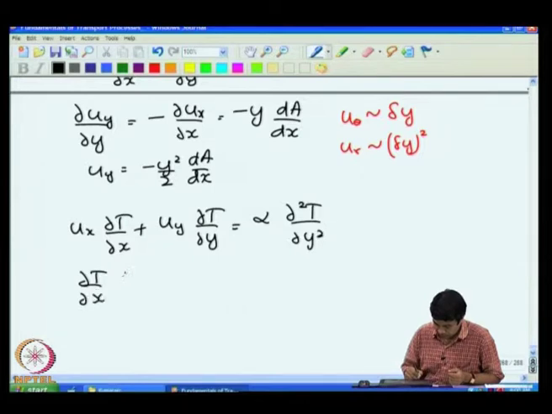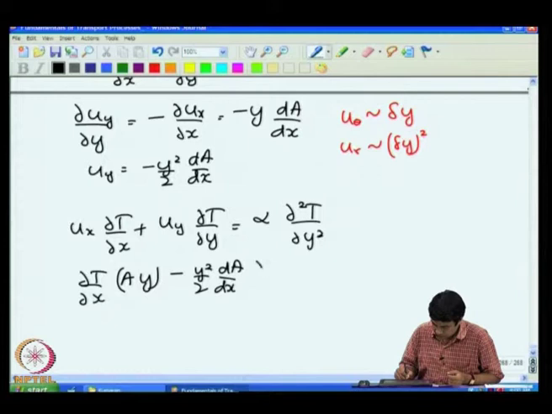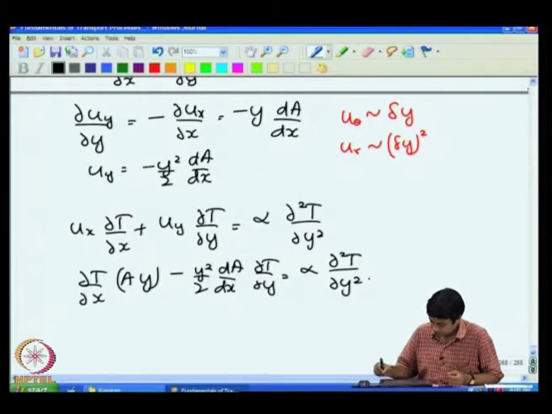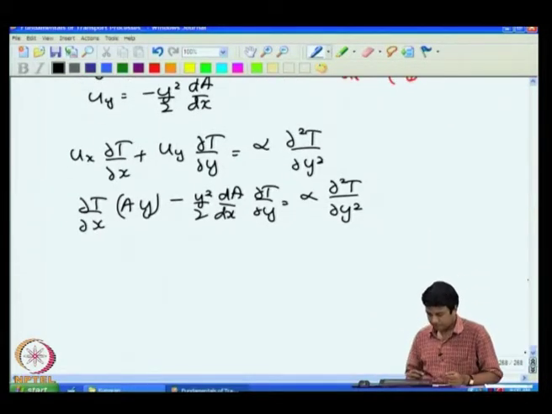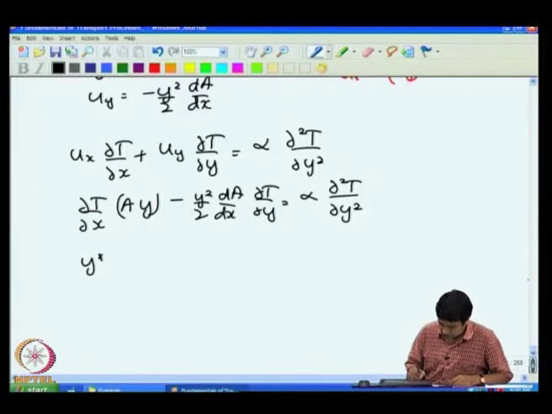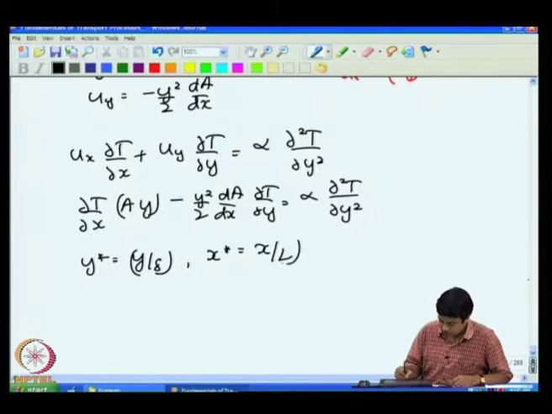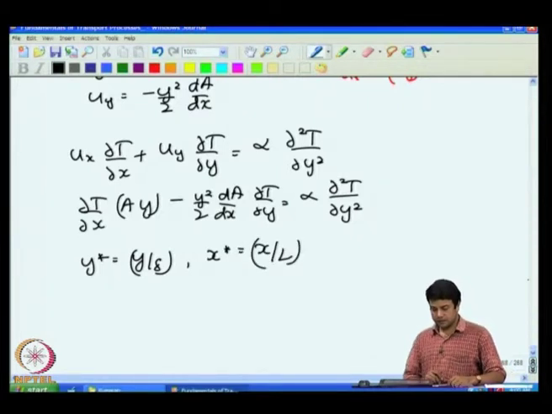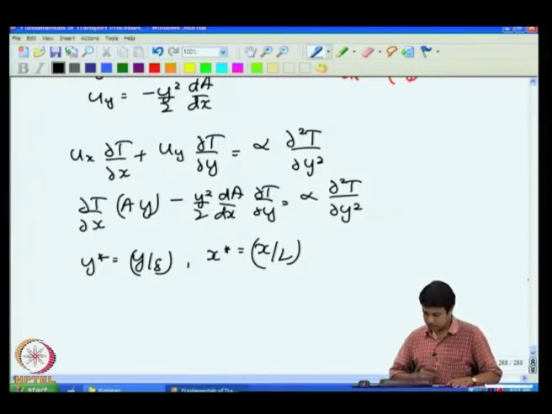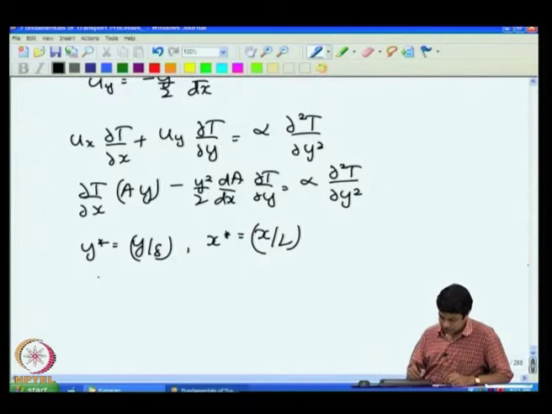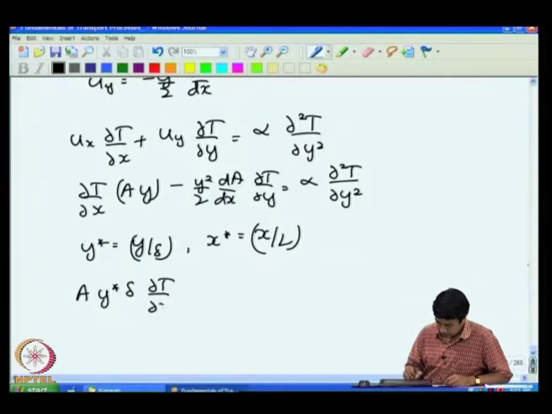So, I will have dT/dx into (y minus y squared by 2 dA/dx) dT/dy is equal to alpha d squared T by dy squared. Okay. And now, if I scale, y star is equal to y by delta and x star is equal to x by L, where L is the macroscopic scale and delta is the boundary layer thickness. Then in this equation, I get y star times delta dT by dx star,